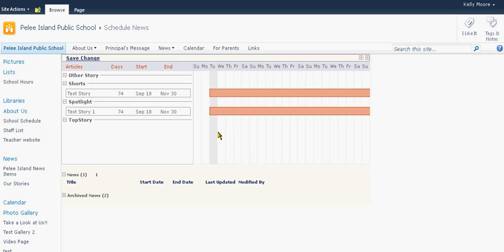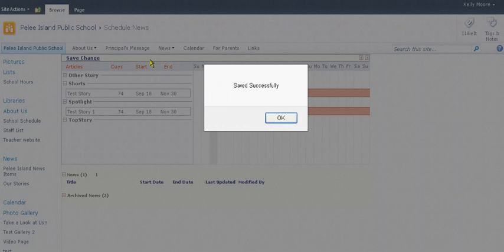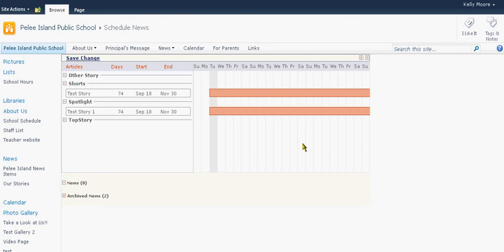Now there's one important little step that's really easy to miss. So before you leave this page, at the very top, you need to click here where it says Save Change. And when you do that, you'll be prompted with a box that says Save Successfully. Just click OK. And you'll notice here that that news item that existed now says 0 because it's up here